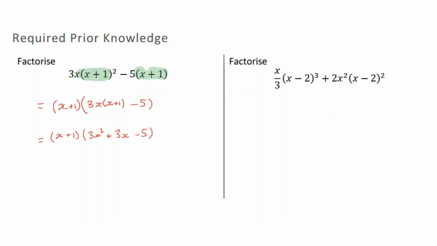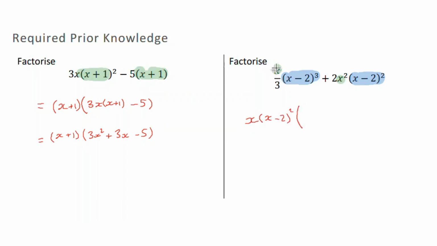On the right hand side, we're going to do something very similar, but this time we have a few more bits that we can factorise out. First of all, we notice that we have an x in both sides. And secondly, we notice that we have on this bit x minus 2 cubed and on this bit x minus 2 squared, which means we can factorise out x minus 2 squared, as that is the highest power that is in both parts. So outside the bracket this time is going to go x, brackets, x minus 2 squared, and